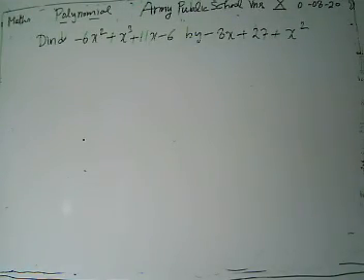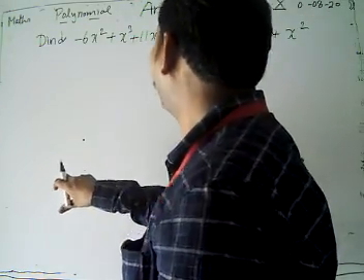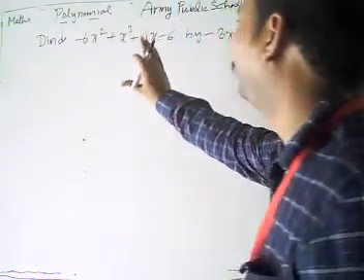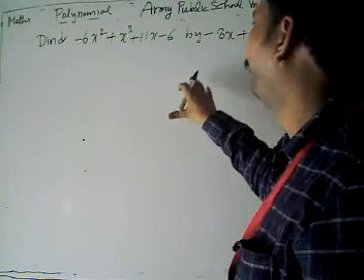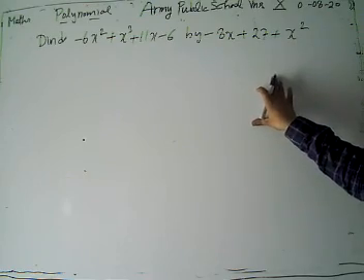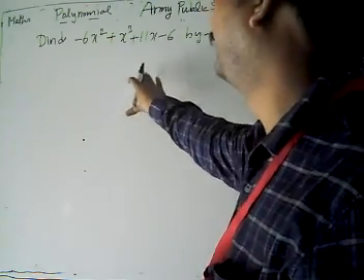We have to verify the division algorithm here. First of all, when we are going to divide, before we divide these things, we have to arrange the polynomials in which order? Yes, we have to put them in descending order.